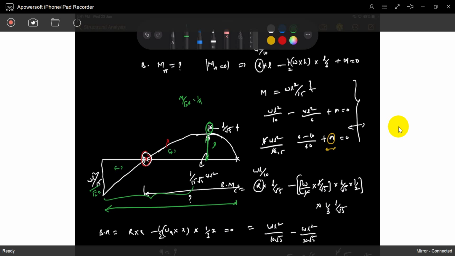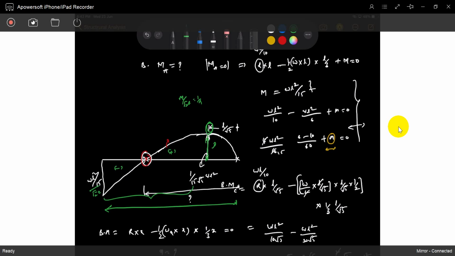Sir, which one is positive, which one is negative? So upper side is positive, lower side negative. Whatever you feel. If you feel lower side is positive, upper side negative, no problem at all. So take one side as positive, one side as negative. Just calculate the moment of that area with respect to whatever point you choose. That's it. So you can easily calculate every point deflection. That is also mentioned in the syllabus.